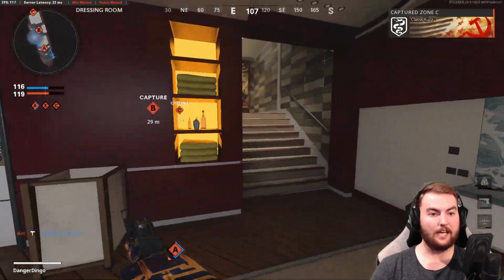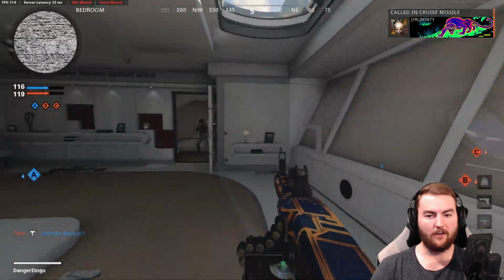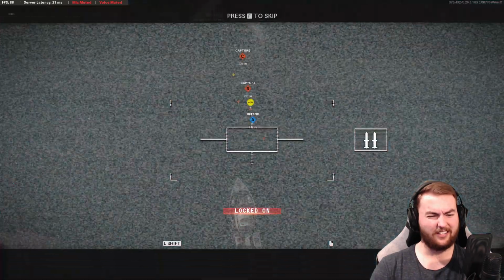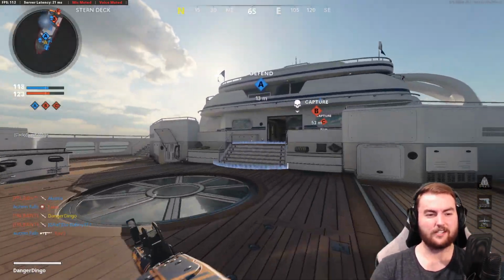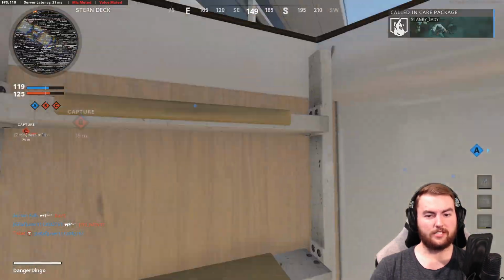Oh no, we're taking A instead. They capped C. Interesting. So again, me peeking out here is probably not a very good idea. Yep. Terrible idea. Really bad idea. We got the kill on him, apparently. I guess. There's a lot of interesting stuff going on in this game. A lot of kill streaks flying around, and we don't have any just yet because we just started, so...